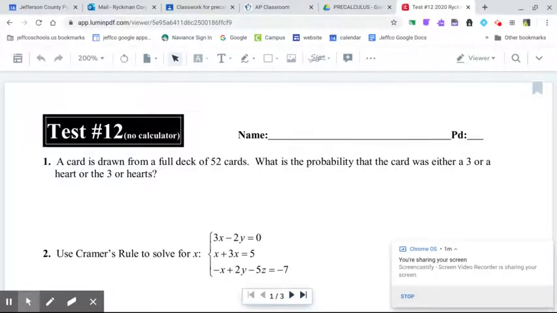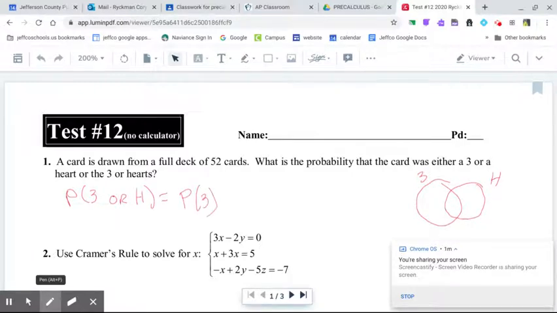All right. So now to the math. Number one, this is the probability of or, and so a visual helps. Remember, if you want the probability of two things happening in either or, then I could say, what's the probability of a 3 happening if I draw a Venn diagram? What's the probability of a heart happening? Or both. So when I want the probability of 3 or hearts, then you first find the probability of 3,